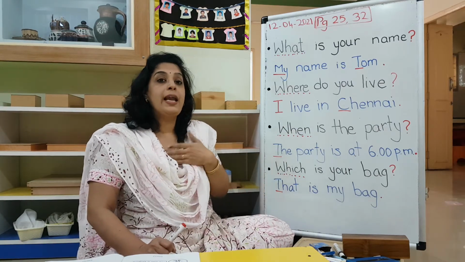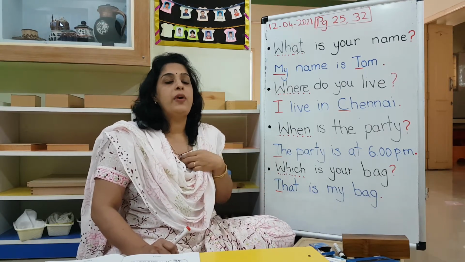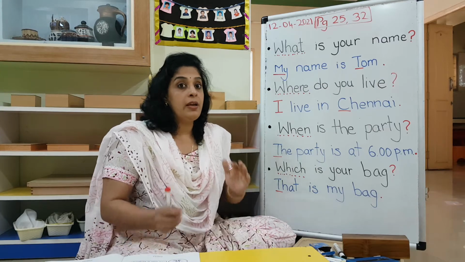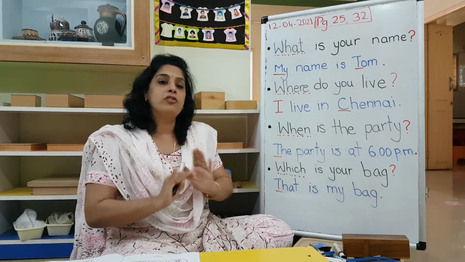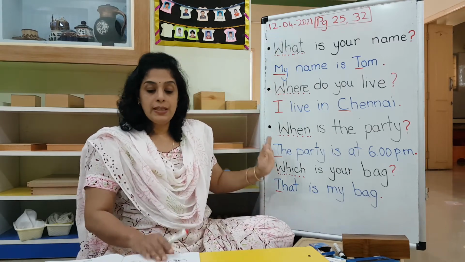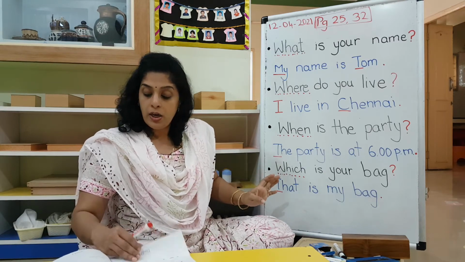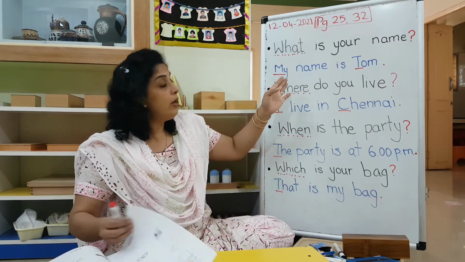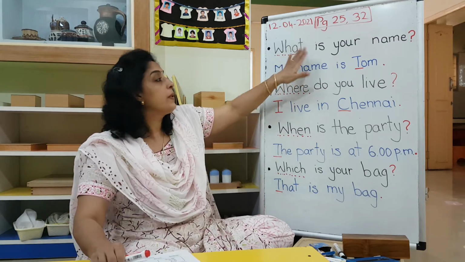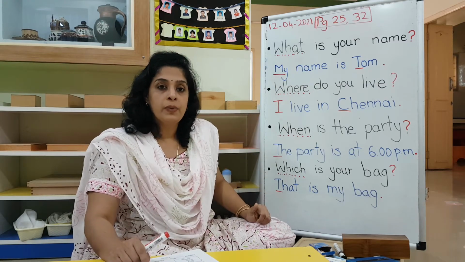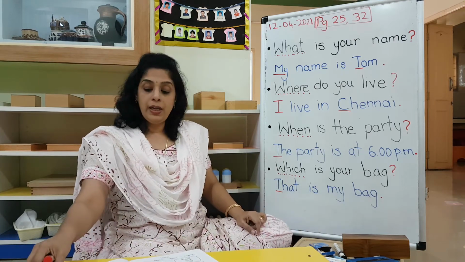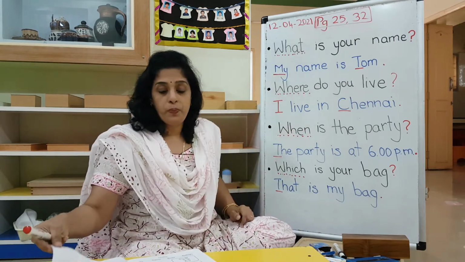Okay? Or if you are saying like I, the letter I, when you say I am 5 years old, how old are you? I am 5 years old. That I will have to be capital letter. Whether it comes in the beginning or end or middle, it has to be capital letter. Okay? So that is your interrogative sentences, and this will be on page number 25. It's the same thing, so I will not go back to that page in your workbook. Open and you will find only the questions there. In the 4 lines, I want you to give the answer for this. Okay? Okay, now let's move on to the next page, which is page number 32.